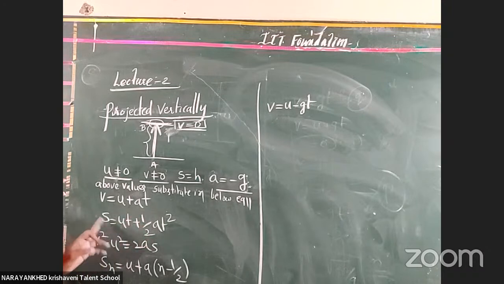Clear or not? And s is equal to ut plus half at square. v square minus u square is equal to 2as. s_n is equal to u plus a into (2n minus 1) by 2. And now